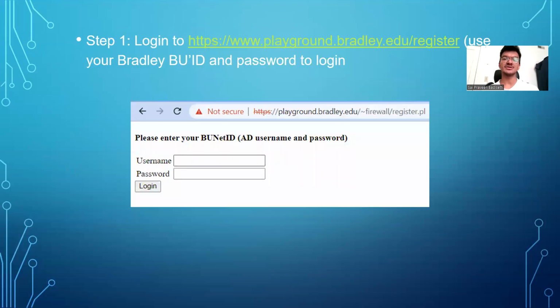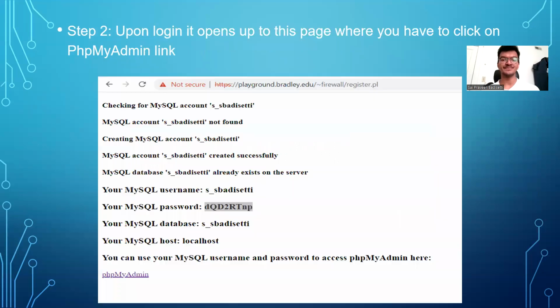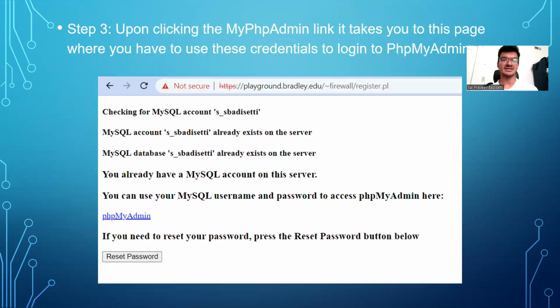Now, tool setup. First of all, we need to go to this link, playground.bradley.edu/register. Upon going there, if it is your first time, it'll ask for your user ID and password, which is nothing but your VUNet ID. Upon logging in for the first time, it shows that you don't have any account in your name, and it creates one for you. It also shows you the user ID, username and password for that link, and after that, clicking here,